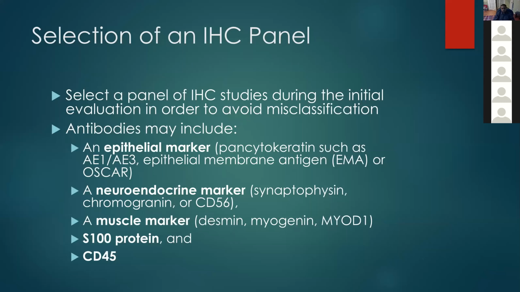For example, the classic translocations are EWSR1, FLI1. The EWSR1 with FLI1 translocation is absolutely consistently preserved, but this EWSR gene, now we know, is